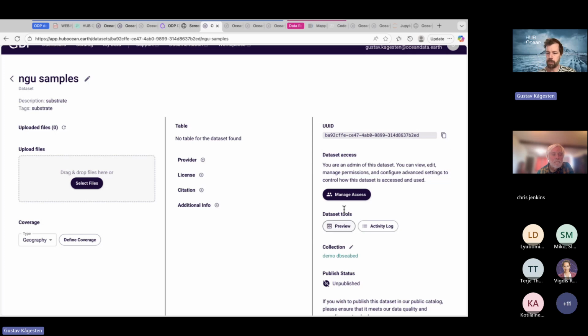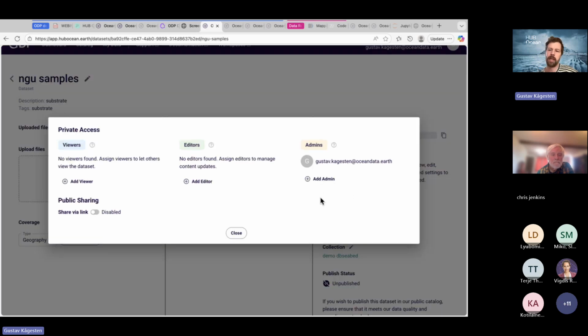You can also manage access. You can give access to anybody that has an account on the platform. If you hit the public link, it's also available as metadata for anybody. Here you can add admins, which means they can do the same operations as yourself, editors, and viewers.